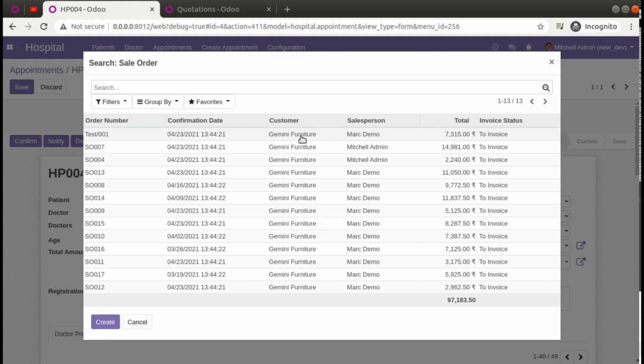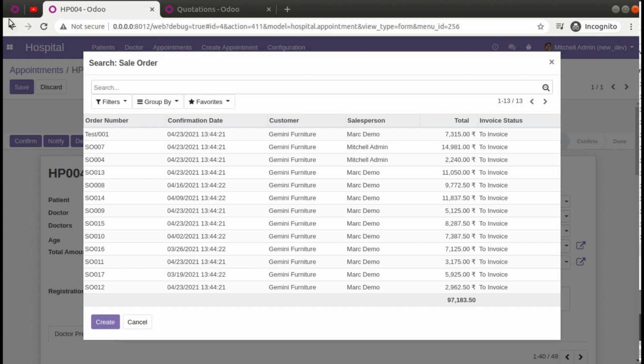So this is a more stable method than returning the domain in the on change. The problem with returning a domain inside the on change is that it will be lost after refresh or saving the record. So this is the more stable method that can be used in all the Odoo versions, Odoo 10, 11, 12, 13, 14. First of all, returning the domain inside the on change has been deprecated in Odoo version 14. So you will be forced to follow this approach, which is the more stable method.